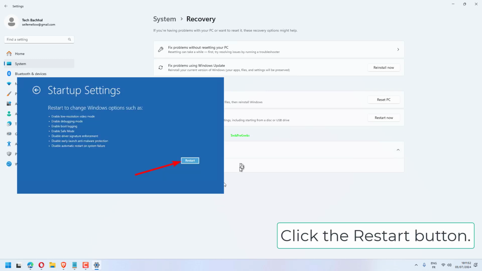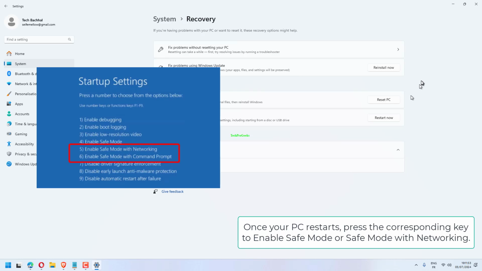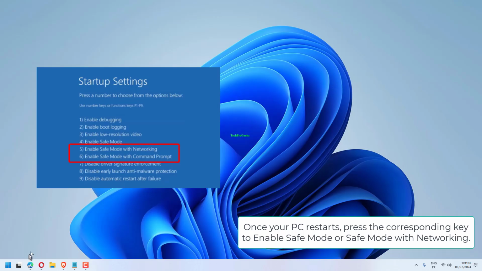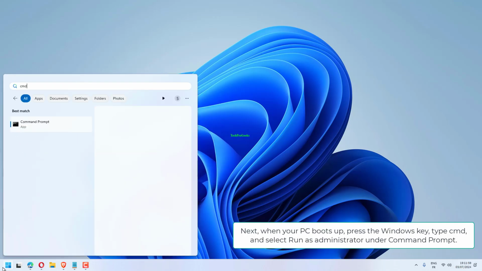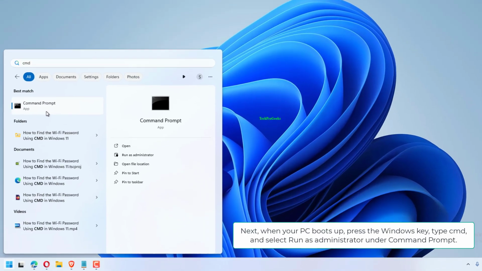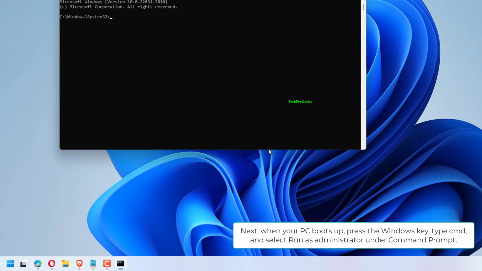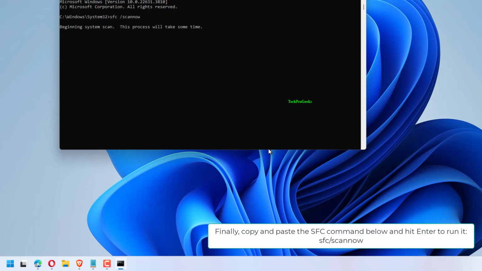Click the Restart button. Once your PC restarts, press the corresponding key to enable Safe Mode or Safe Mode with Networking. Next, when your PC boots up, press the Windows key, type CMD, and select Run as Administrator under Command Prompt. Finally, copy and paste the SFC command below and hit Enter to run it. sfc /scannow